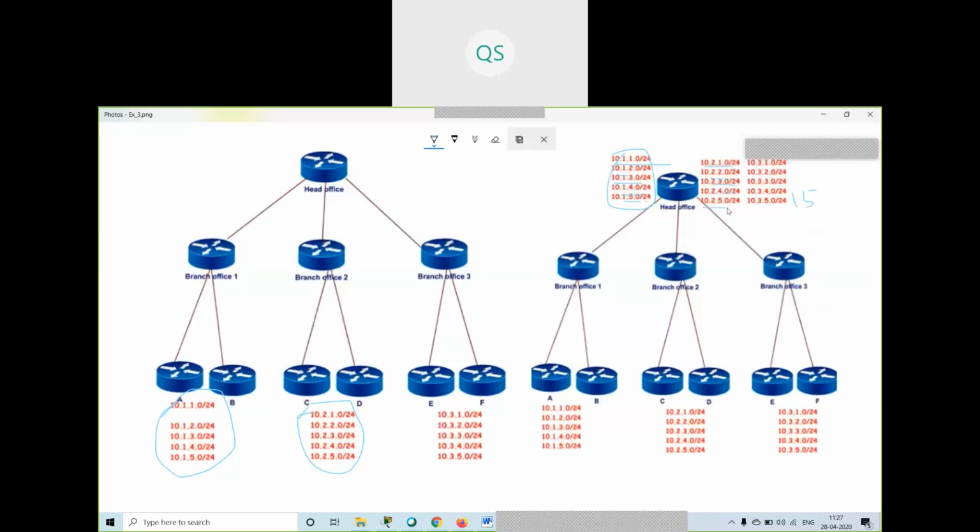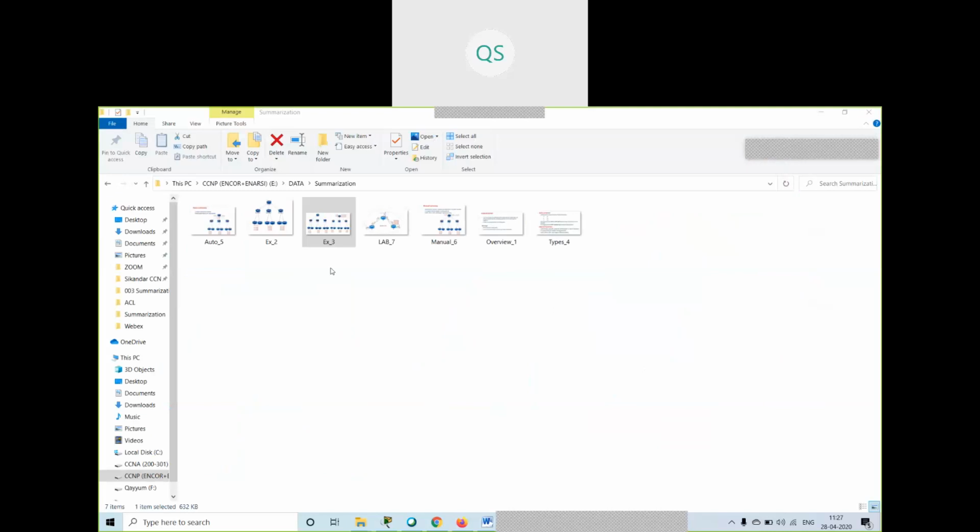If I'm running any routing protocol, EIGRP or OSPF, if I give show IP EIGRP or show IP route OSPF, then it will be very difficult for me because the routing table will be very large. You can see over here, I'm having a very large routing table. I'm having multiple routes, multiple networks. So to overcome this, we have to use summarization. Now there are two types of summarization.